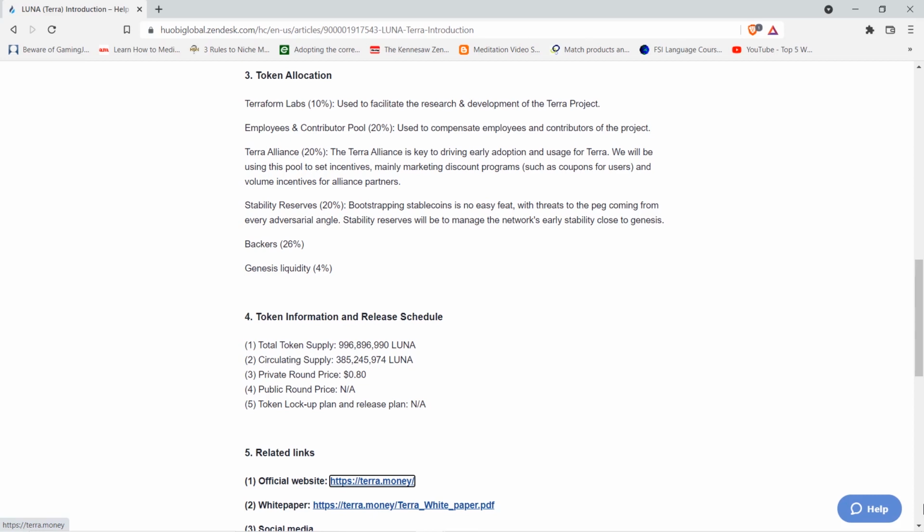So that's kind of a concern you have when you buy something with that much percentage of the tokens going to just a few hands, a few specific backers. But again, put it through the lens of what Luna is for, that it's meant to stabilize and keep the peg of stablecoins, and then it's not that bad. It's because of what it's for. It would end up being like this because of what the Luna token is for.